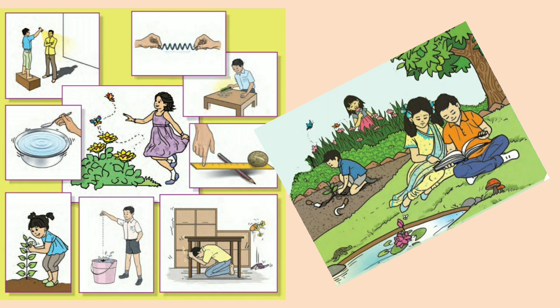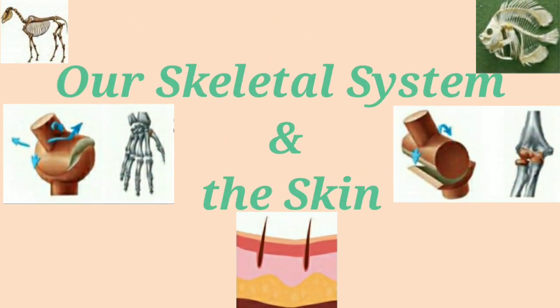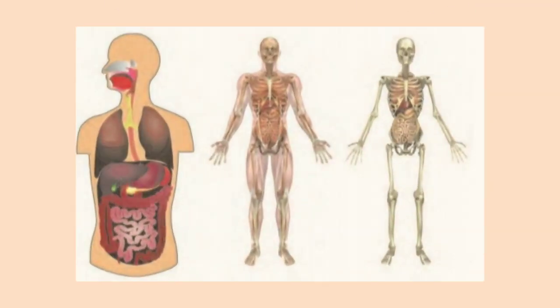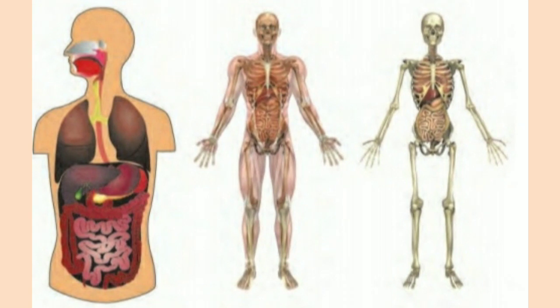2020-21. In today's science class, we shall be discussing our skeletal system and the skin. Now you can see a picture on your screen. Can you identify the organ systems that are shown in the figure? The different organ systems that we see in the figure are